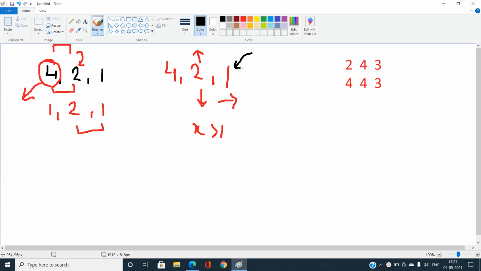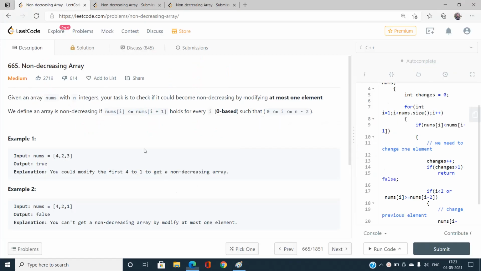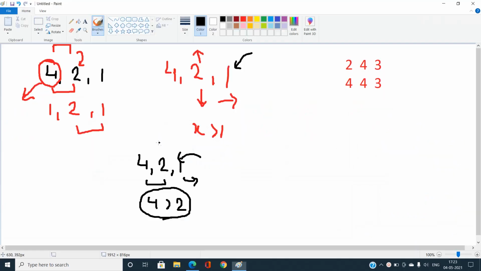Okay, so I have the array 4, 2 and 1, and if we try to increase the value of this element, you can easily see no matter what changes we make to this element, this pair 4 comma 2 is always going to have 4 greater than 2, and this pair is going to violate our condition, and the condition is as simple as this one. So you can easily see if you change any element to any value that we want, we still cannot get a non-decreasing array. So in this case I am going to return false.